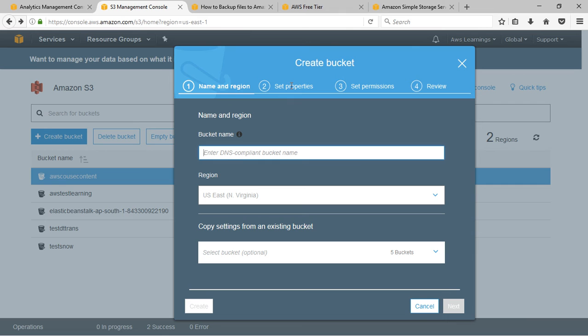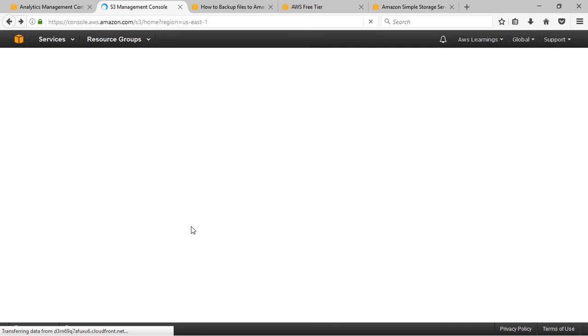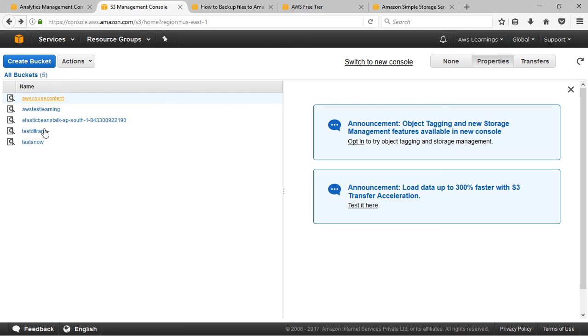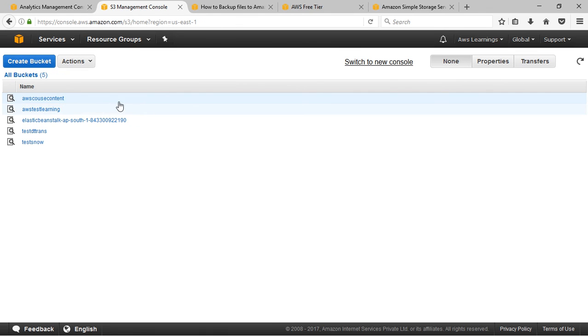If you want to create a new bucket, we already did this when we created this new bucket, and if you want to switch to the old console, you can switch from here. And here you can see that now my buckets are available in the old fashion, and if I click on all buckets, let me click this one and click on properties. I can check other options too,